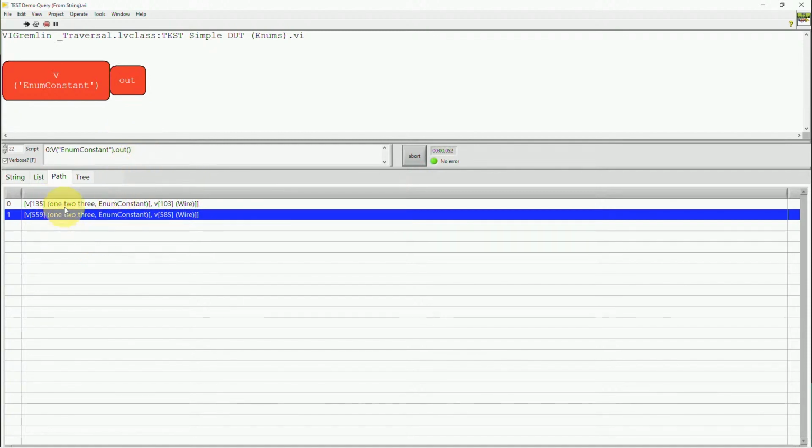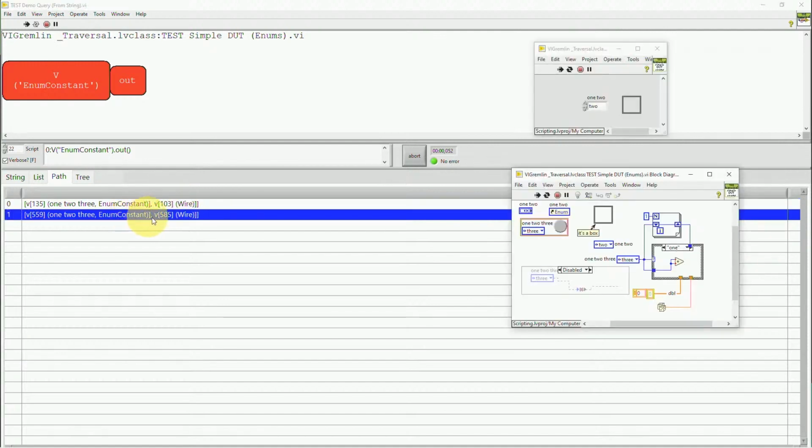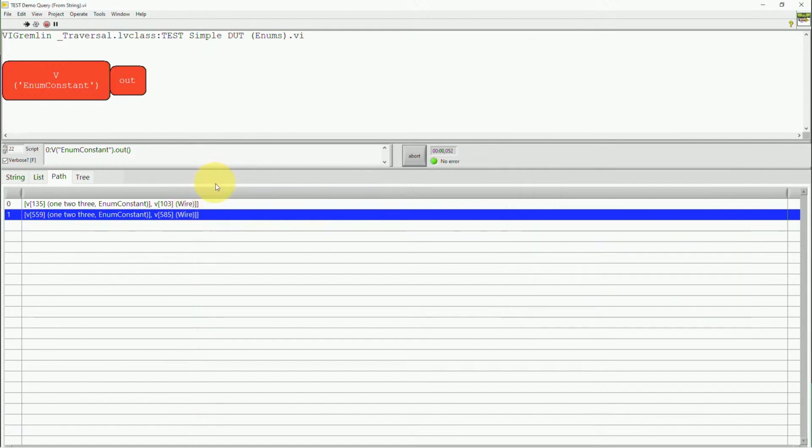So now you only end up with 2 enum constants, and the other nodes are not productive, so they are removed from the results. And you can see this node connects to this wire, and this constant connects to this wire. You can repeat that, and now you end up with only one